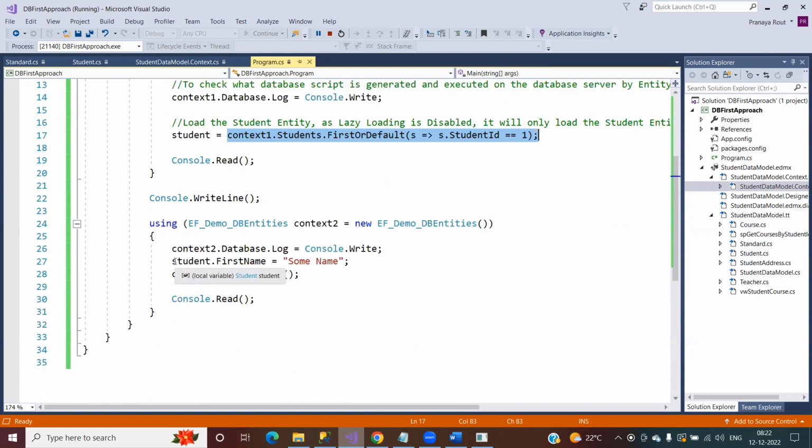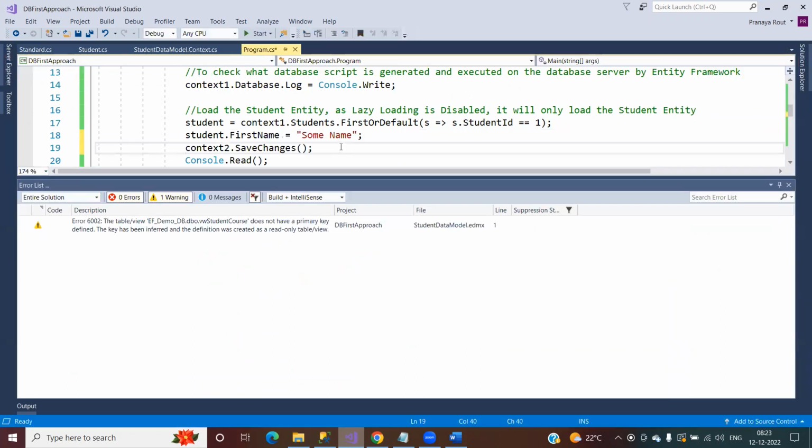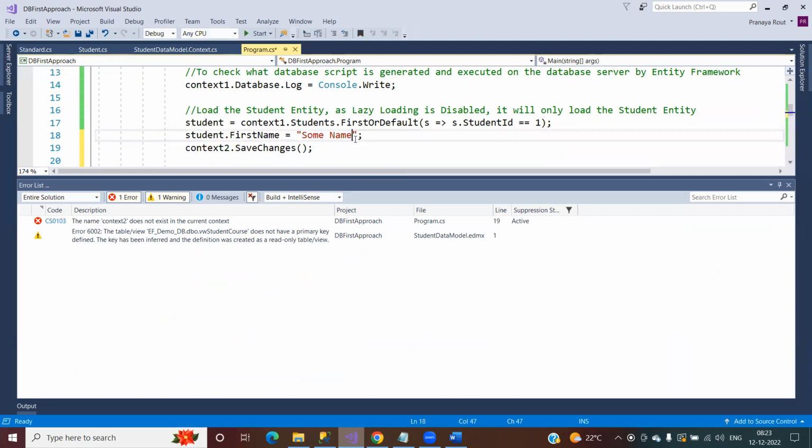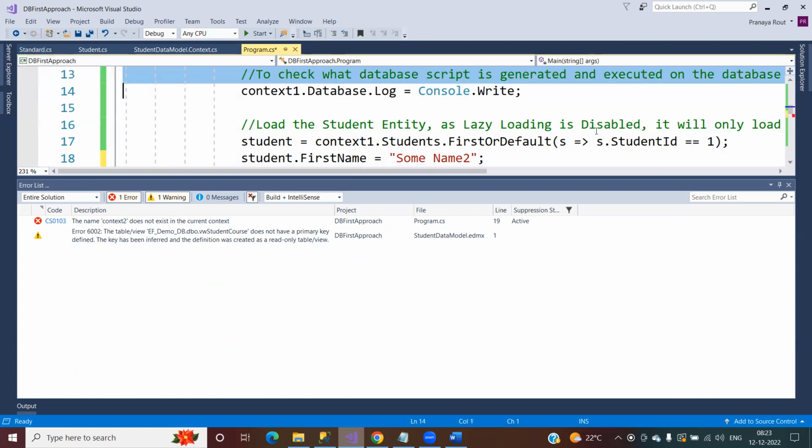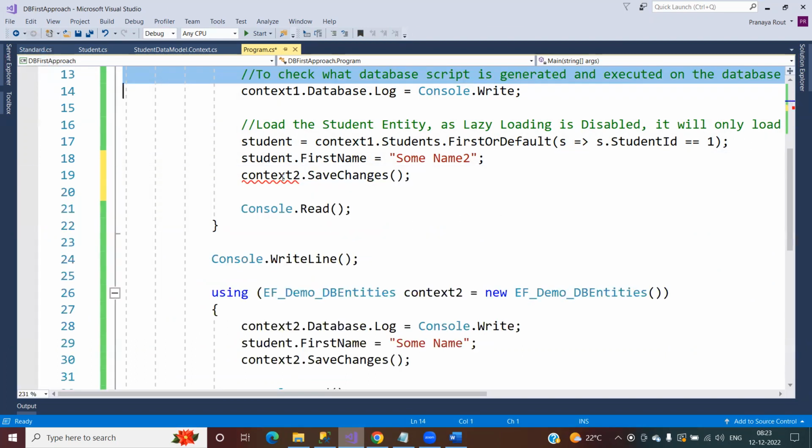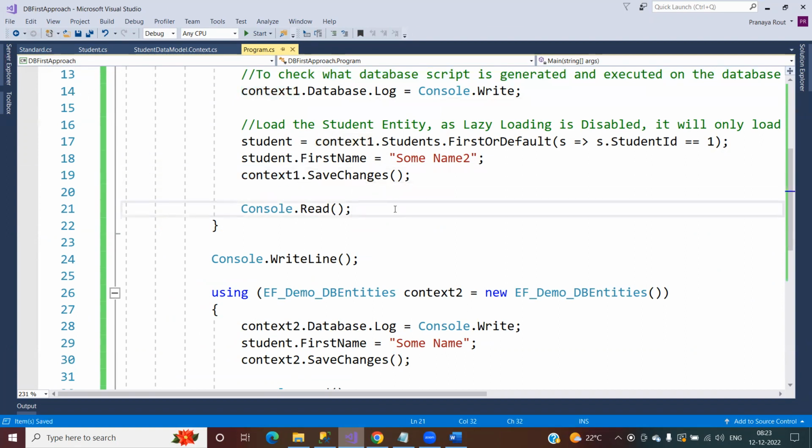So if I make changes here, say some name 2, and then call the SaveChanges method,